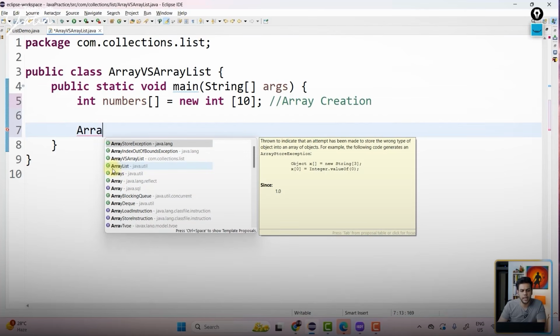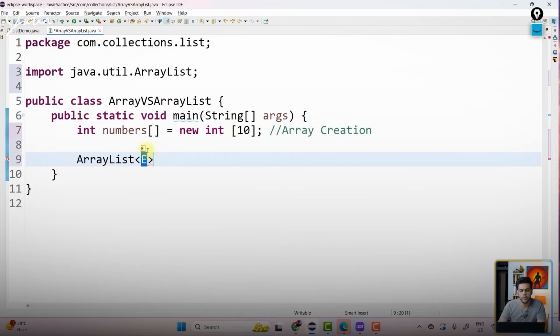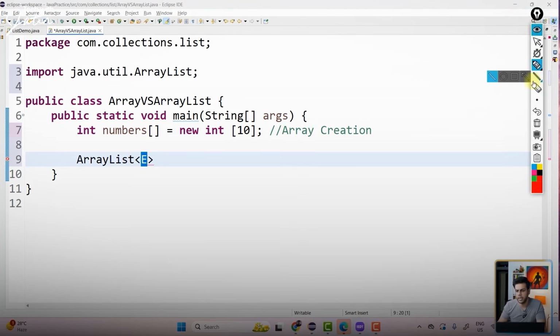So array list is a class. I'll use this particular class. It is asking for a type. What type of array list are you going to create? Now understand this thing over here. We have not discussed generics in detail, but slowly and steadily it will come into the picture. Over here, this signifies the type.